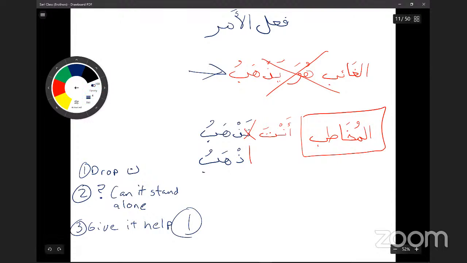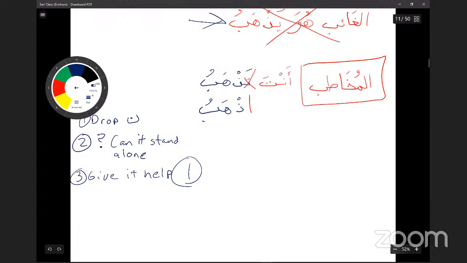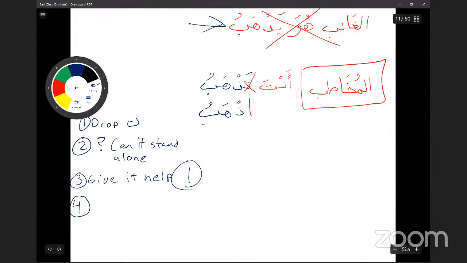Now, the 4th step, let me move this up a little bit. The alif needs a haraka. It just can't stay like that. So this alif, this hamzatul wasl that we added, needs a haraka. The rule is simple for the haraka. We go to the ainul fi'l. If the ainul fi'l has a dhamma,